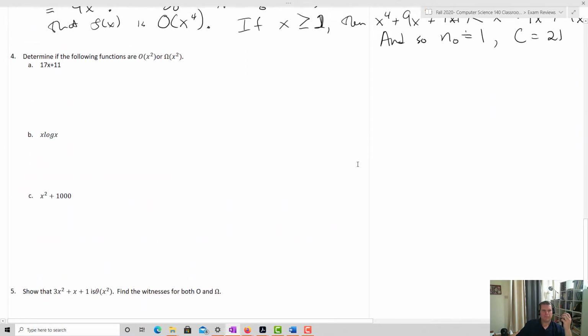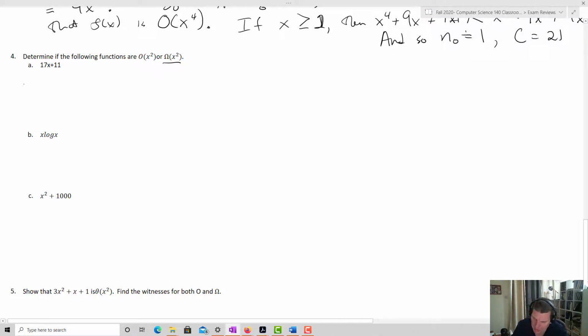Okay? What about 4? Determine if the following functions are O of x squared or omega of x squared. So the question is whether or not we could find our witnesses such that we can get something to be underneath O of x squared, or totally above, omega of x squared. So let's take a look at 17x plus